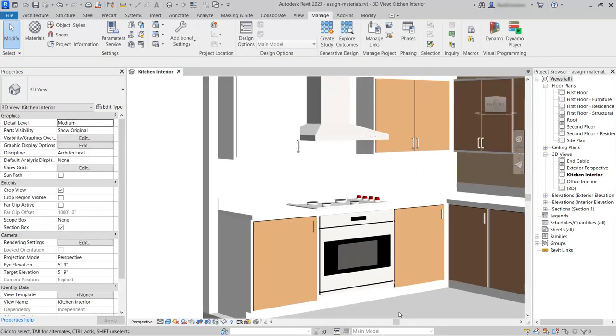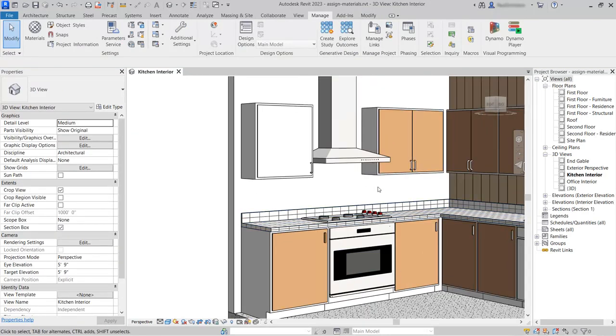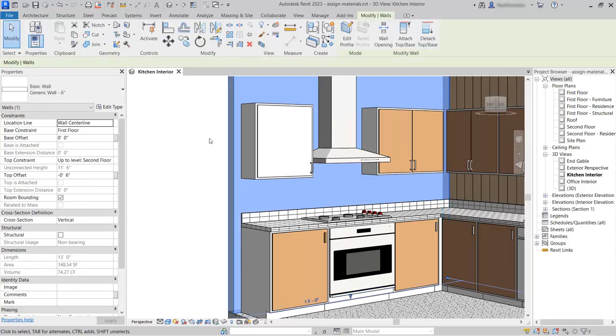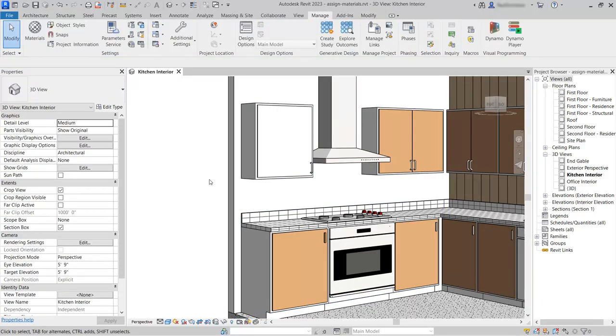Looking at the wall behind the cooker here, we'd like to apply a tile splashback higher up the wall. And to do that, rather than creating a new wall type and assigning a material, we can use the paint tool to apply a material onto the face of this wall. But first, I don't want to paint the entire face of the wall, just the area here between the cabinets and the countertop. So we can use the split face tool to create a separate face on this wall for